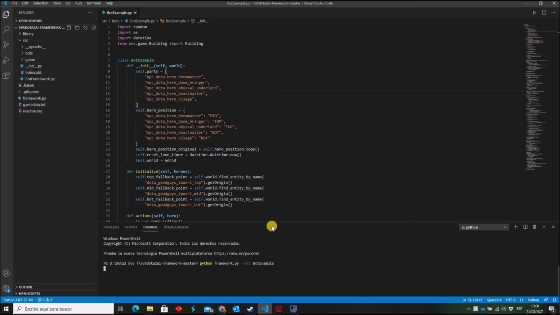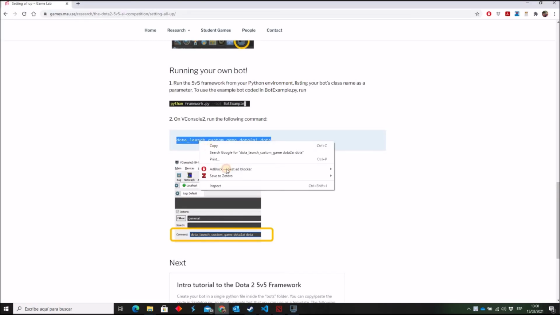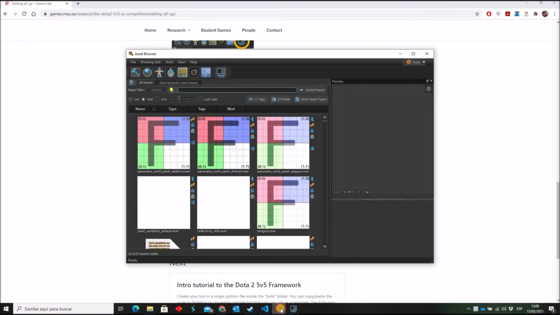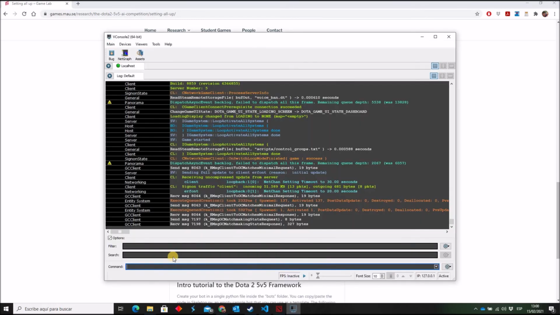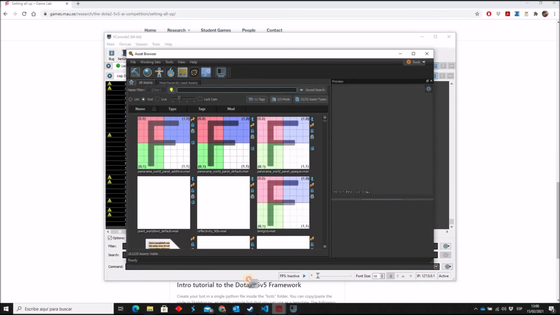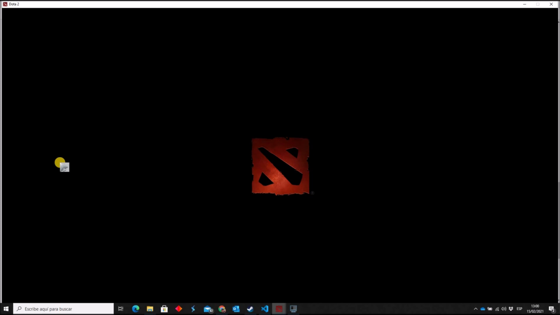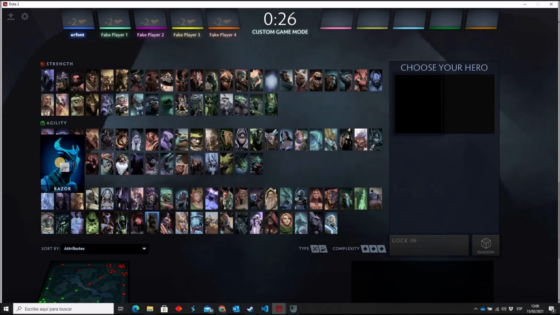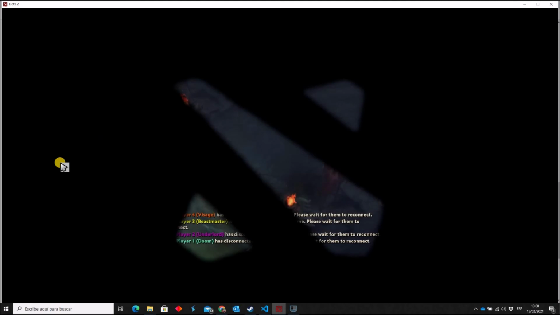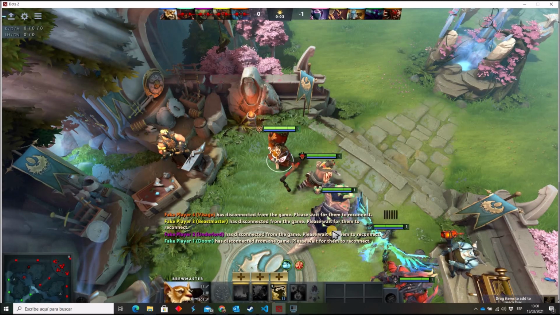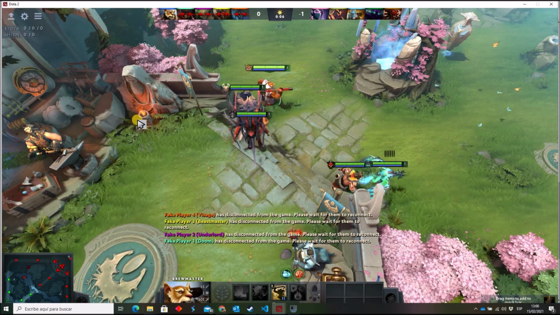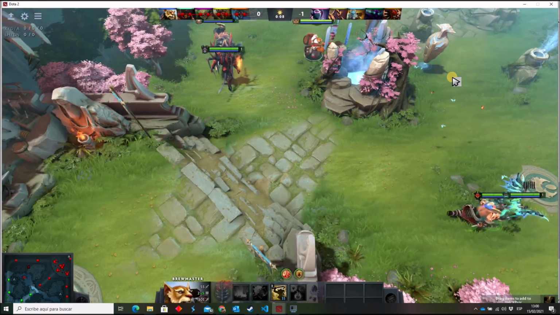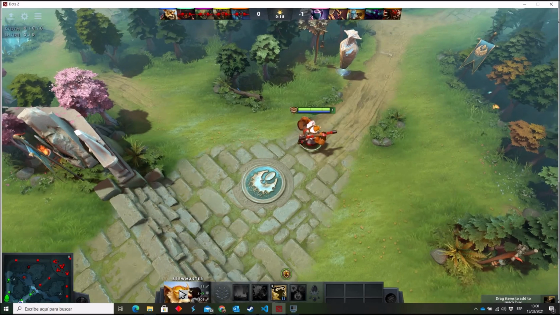So in the meantime, copy this command and run it from the vconsole command line, and this will start up a new Dota 2 match where your bot will take over controlling the 5 heroes in the Radiant team. You don't have to do anything on the character selection screen because everything happens automatically. All your listed heroes show up and the bot has already control over them.